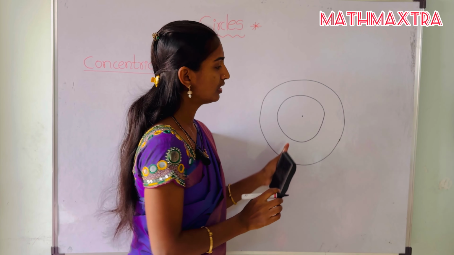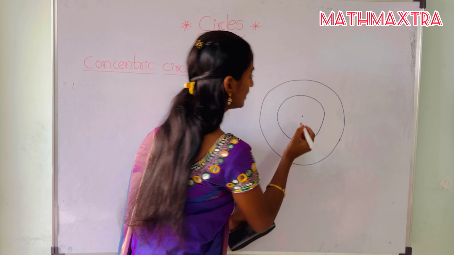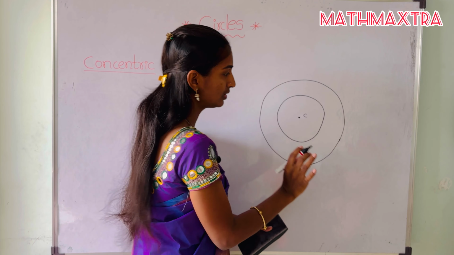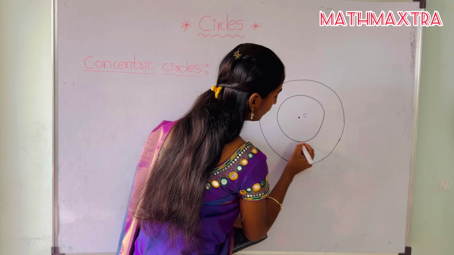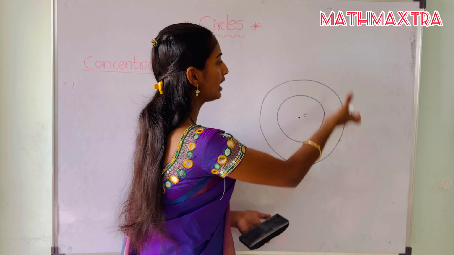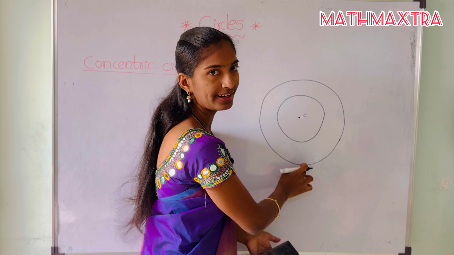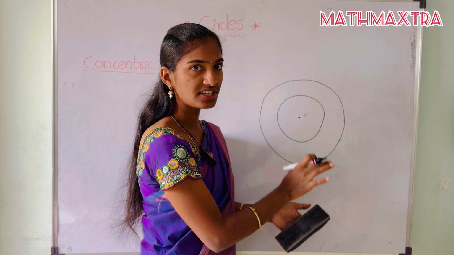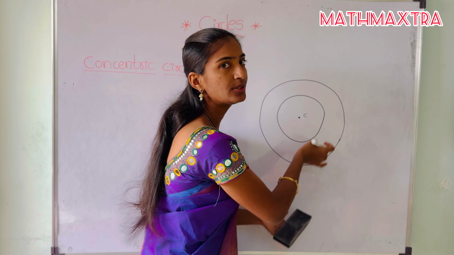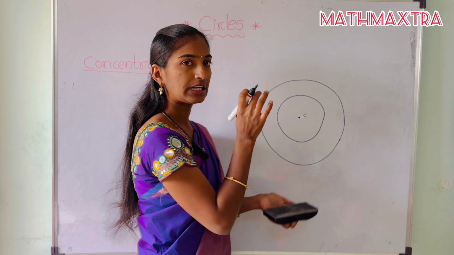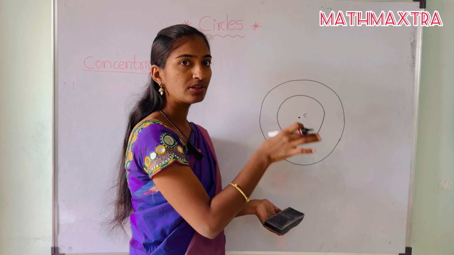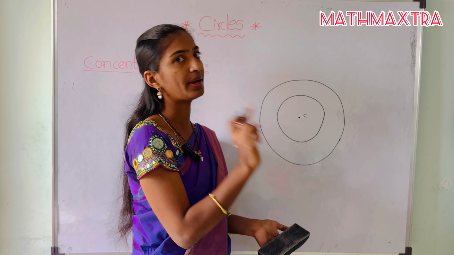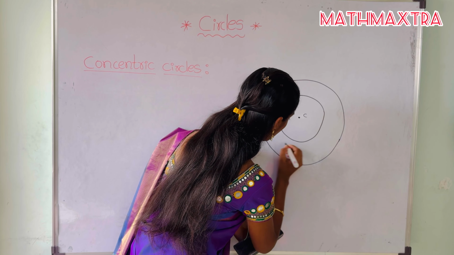These are two concentric circles, and this is the center of the two circles. Now, if we draw a chord of the larger circle in such a way that it must be a tangent to the smaller circle, means the chord we draw for the larger circle must touch the smaller circle at only one point, so if you draw a line like that,